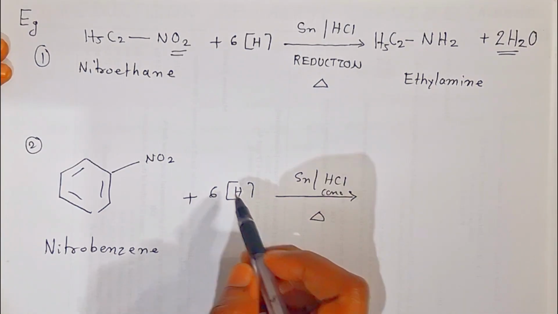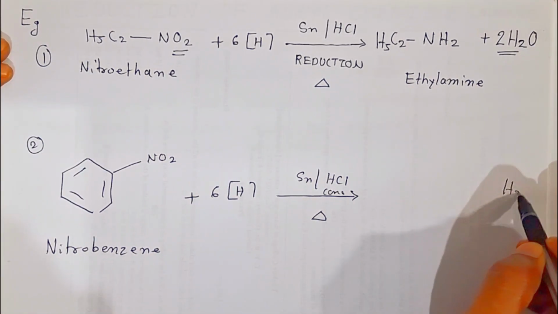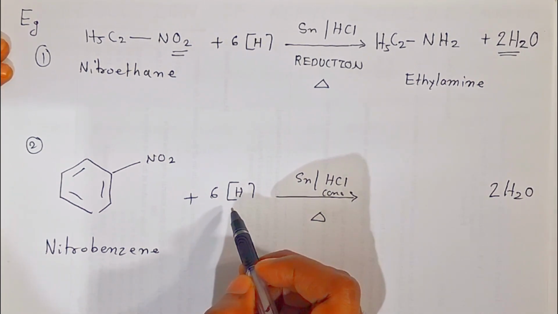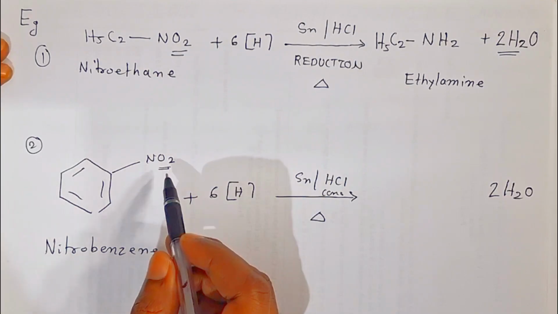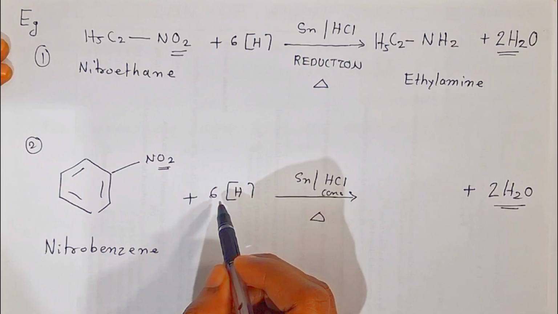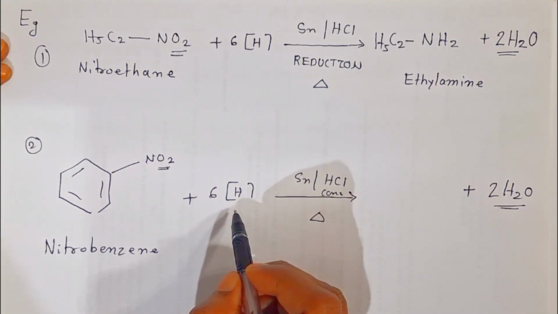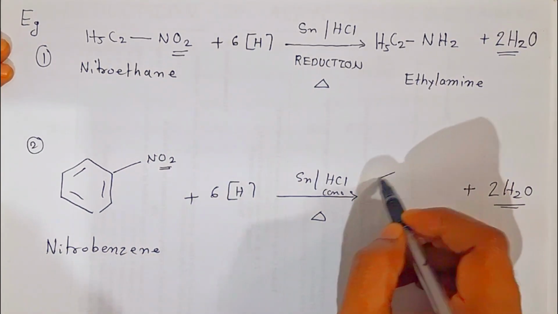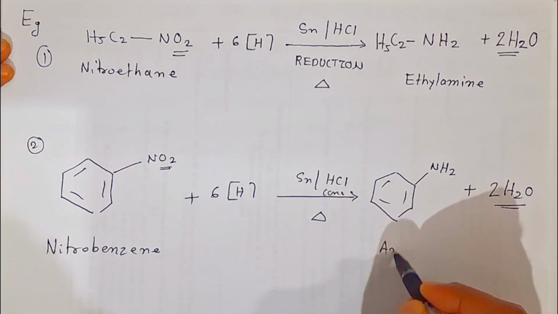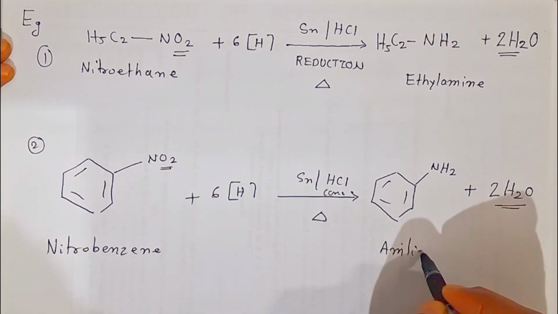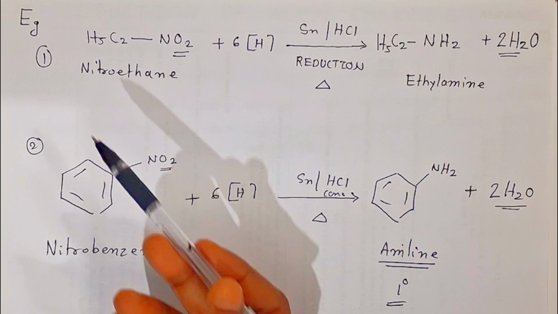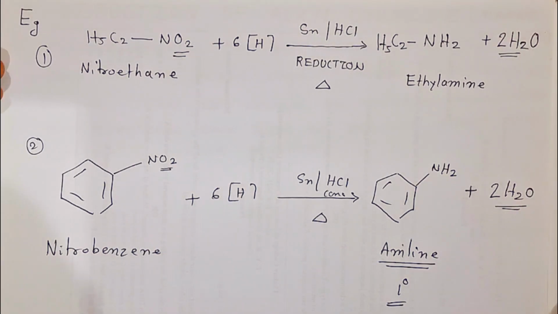When this nascent hydrogen combines with nitrobenzene, it will remove water molecules. Out of 6 nascent hydrogens, 4 nascent hydrogens are able to remove the 2 oxygen atoms from the nitrobenzene as water. Now what happens, students, out of 6, the 2 remaining nascent hydrogens will combine with the nitrogen of this nitrobenzene and give you a compound called aniline, a first degree amine. This is the aniline, students, first degree amine. So this way we have taken the example of both aromatic as well as aliphatic nitro